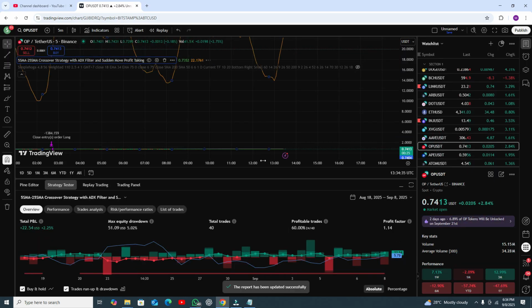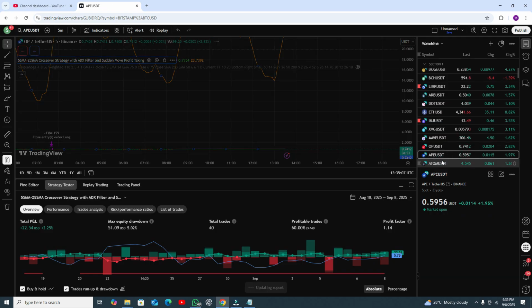This indicator is available free of cost. Like here in OPUSD you are getting accuracy around 60%, with a profit on $100 initial capital and 5% drawdown. That's actually a good one, not bad at all, because at the end of a month or maybe 2 months, from 100 you can easily make 300 or $400. Profit factor is not bad at all, a good one.